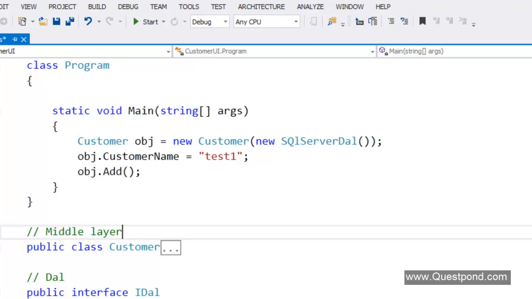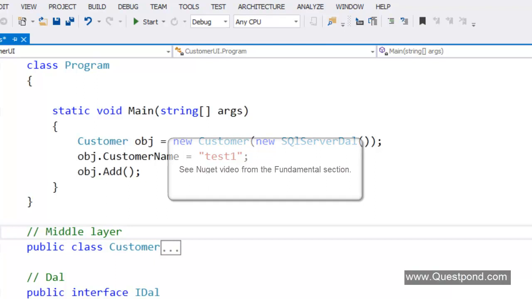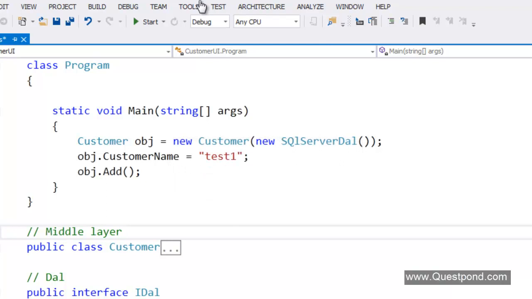Now, in order to reference the Unity application DLL, one way is that you go to google.com, search for the Unity application DLLs, download them in RAR format or as DLLs into your folder, unzip the RAR, add the reference, etc. A lot of work, right? Or the other way is by using NuGet. In case you're new to NuGet, my suggestion is to go and watch the video on NuGet, what exactly it is and how it helps you add references to third-party DLLs. But at this moment, I will quickly go to NuGet here.